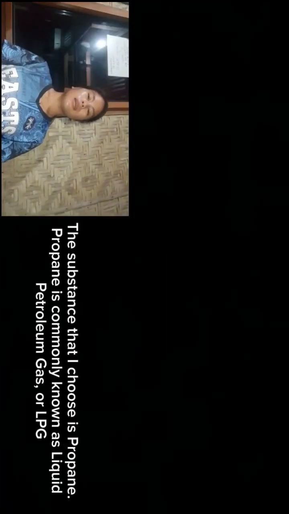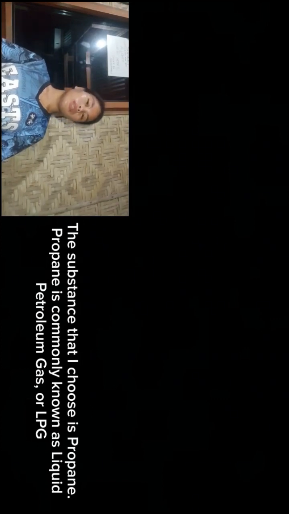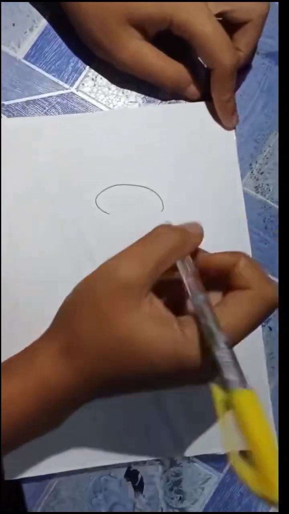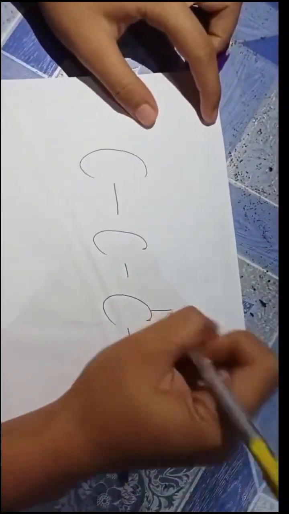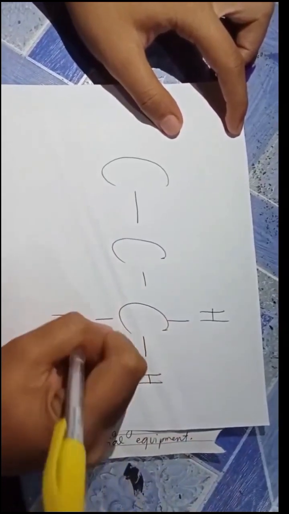The substance that I chose is propane. Propane is commonly known as liquefied petroleum gas or LPG. The IUPAC name of this substance is propane. And the molecular structure is 3 carbon atoms and 8 hydrogen atoms. Here is the chemical structure of propane. It has 3 carbon atoms and 8 hydrogen atoms,